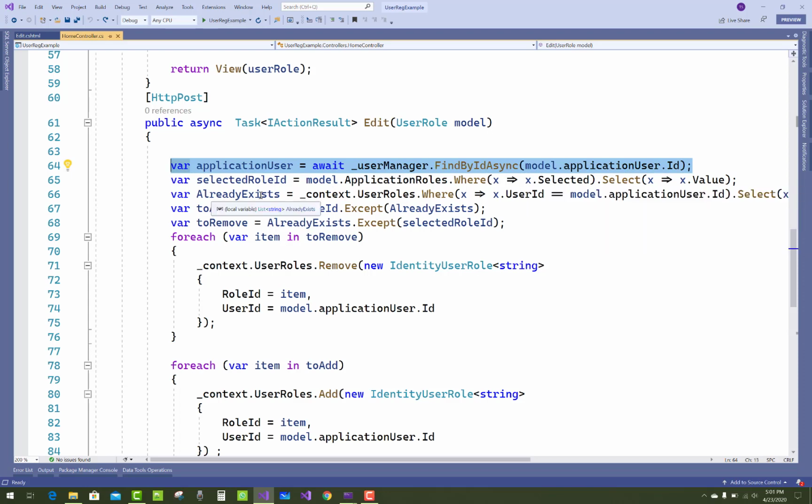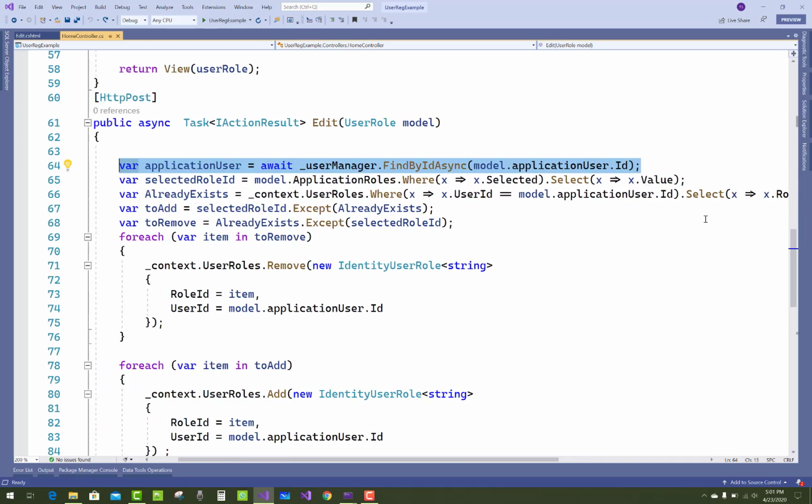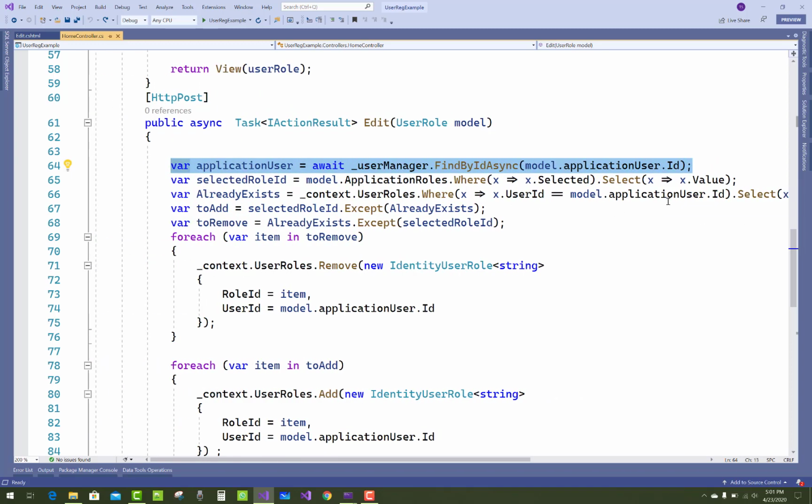Already existing ones: context.UserRoles.Where user ID equals model.ApplicationUser.Id, select the role IDs. According to the user ID, you can get the existing role IDs. Then work out which role IDs you want to add into the database table, that is toAdd: selected role IDs minus already existing. And which to remove: already existing except selected role IDs.